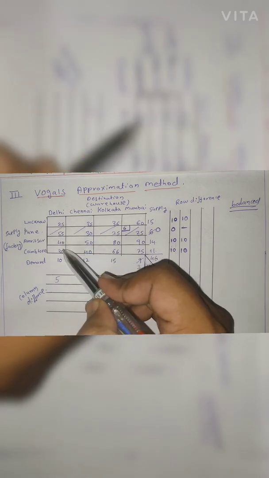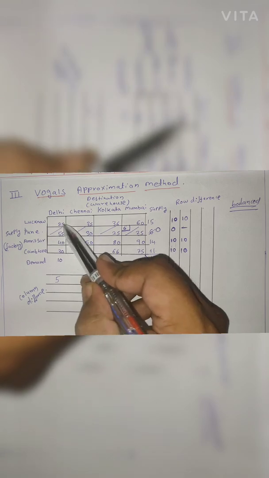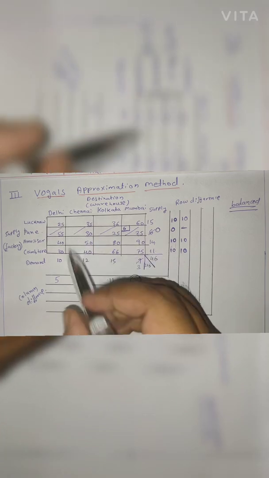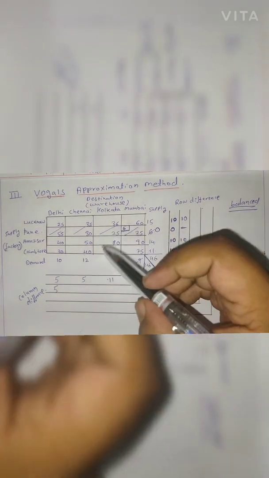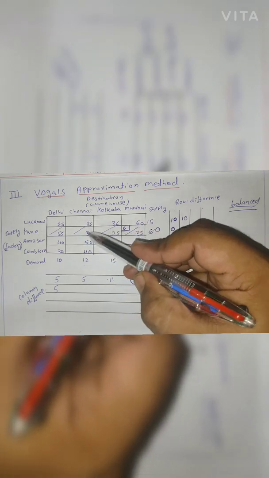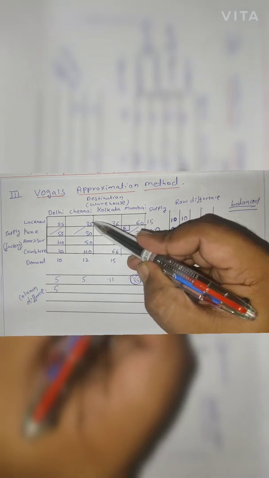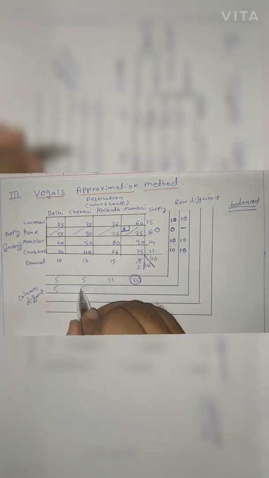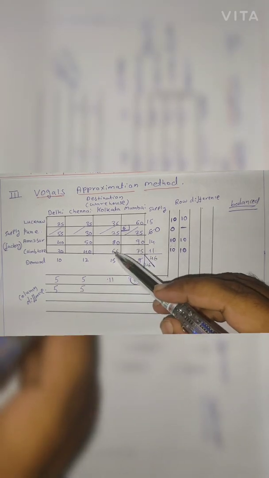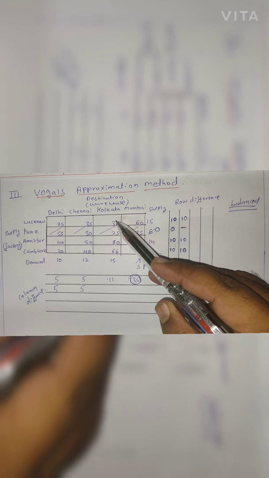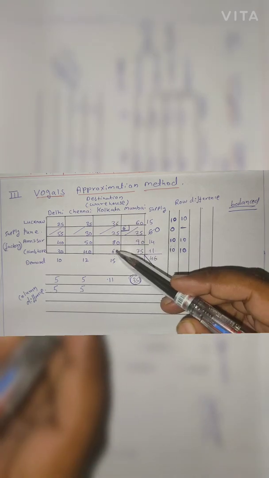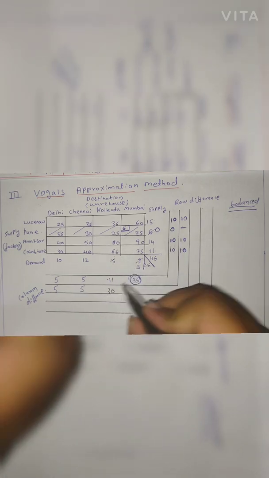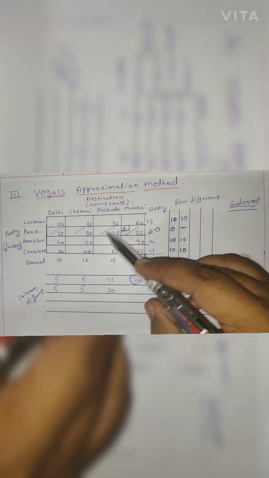So which is lowest now? Now the lowest is 25, second lowest is 30. So 30 minus 25 will get 5. Now in this column, the 30 is eliminated, so we should not consider that. Lowest is now 35, second lowest is now 40, so the difference is 5. In the third column, 25 is eliminated now. The lowest is 36, second lowest is 66, so the difference is 30.